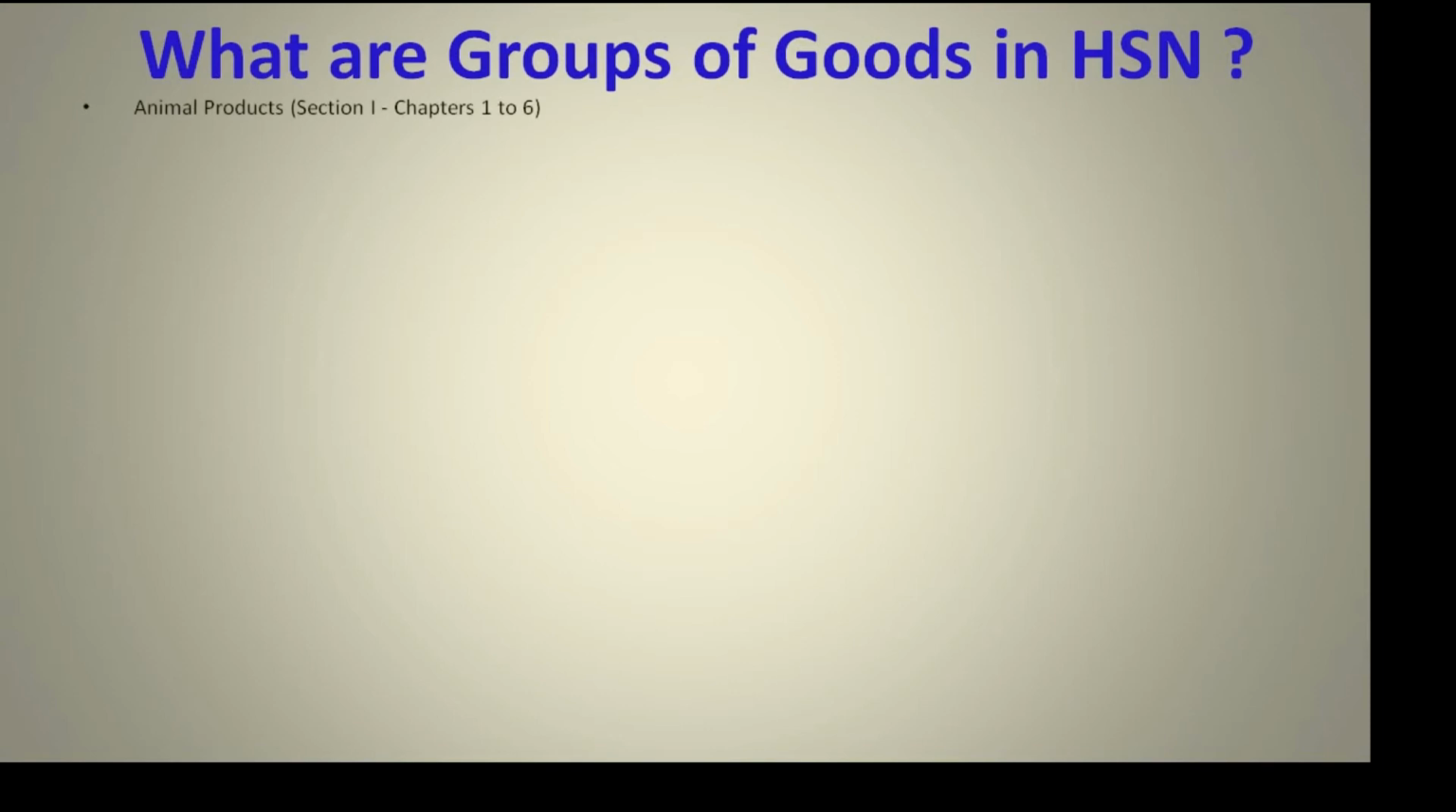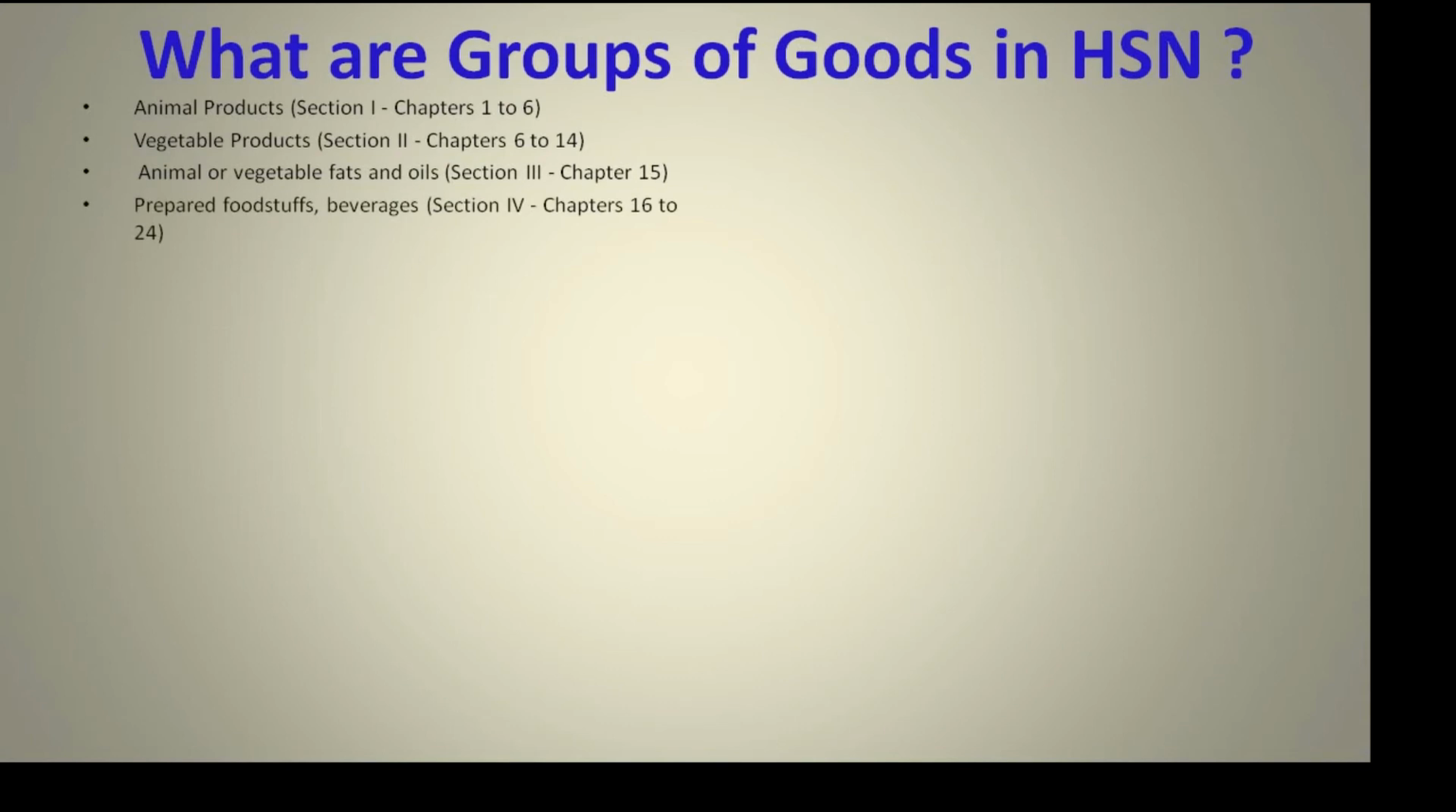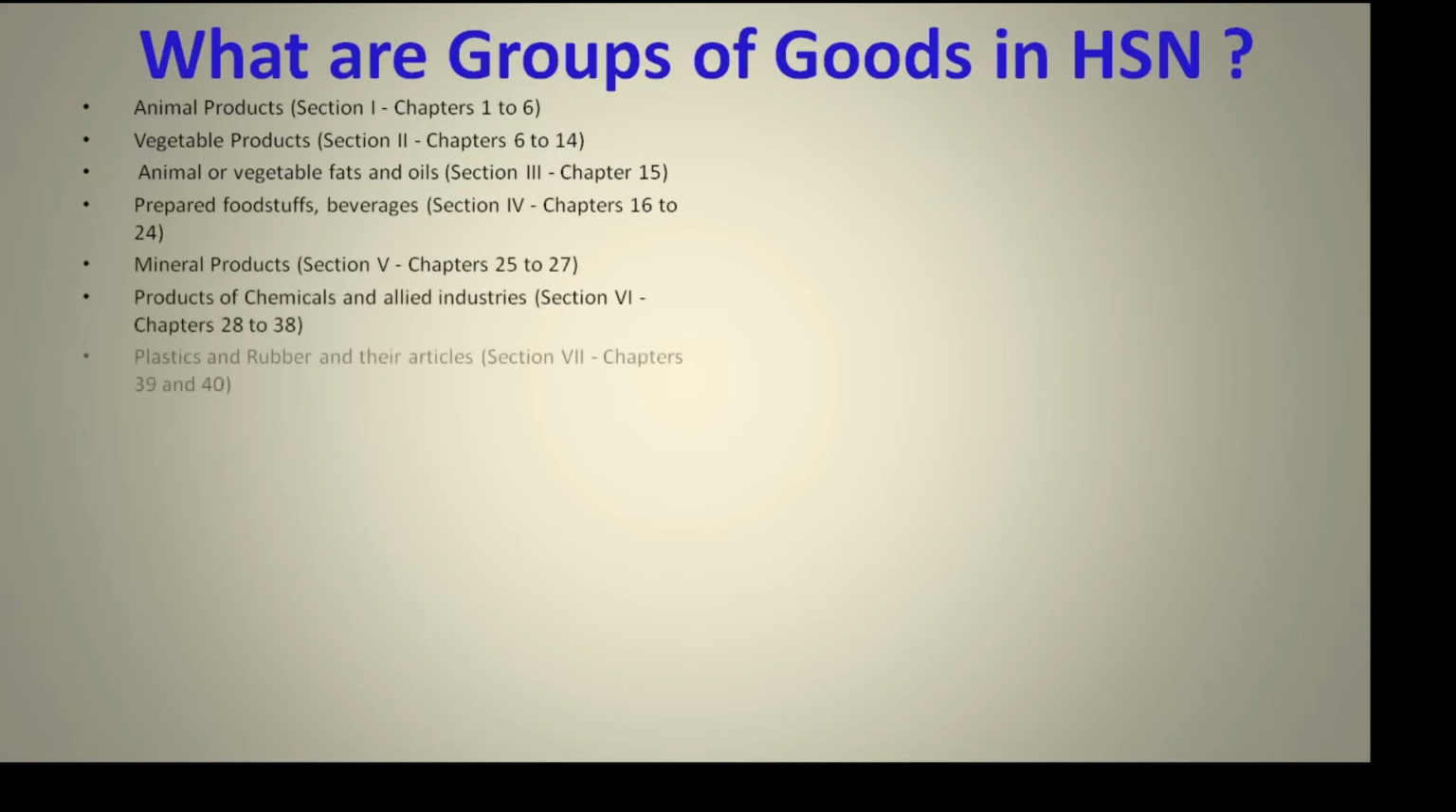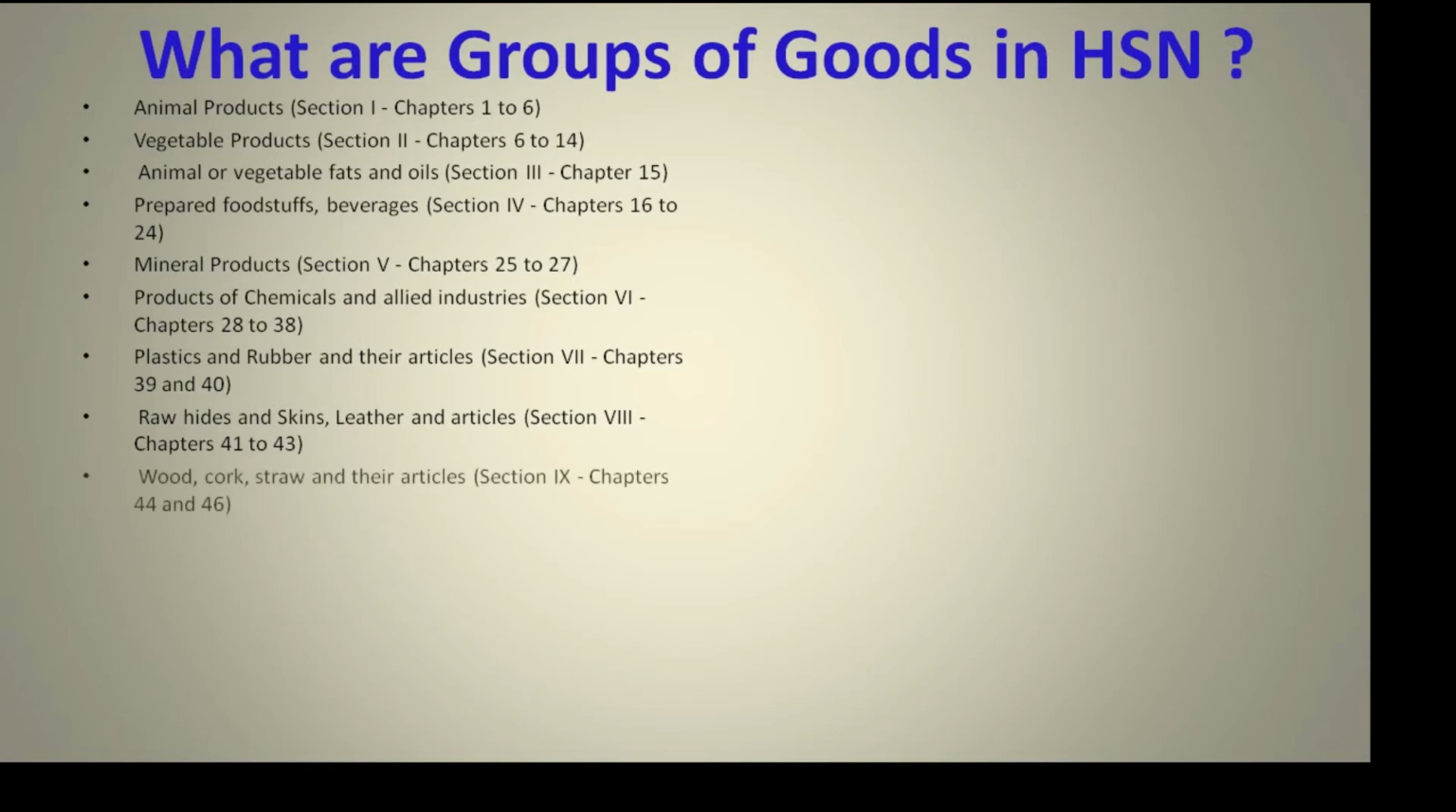Like animal products, section 1 covers chapter 1 to 6; vegetable products, section 2, chapter 6 to 14; animal or vegetable fats and oils, section 3, chapter 15; prepared foodstuffs and beverages, section 4, chapter 16 to 24; mineral product, section 5, chapter 25 to 27; product of chemicals and allied industries, section 6, chapter 28 to 38; plastics and rubber and their articles, section 7, chapter 39 to 40; raw hides and skins, leather and articles, section 8, chapter 41 to 43; wood, cork, straw and their articles,